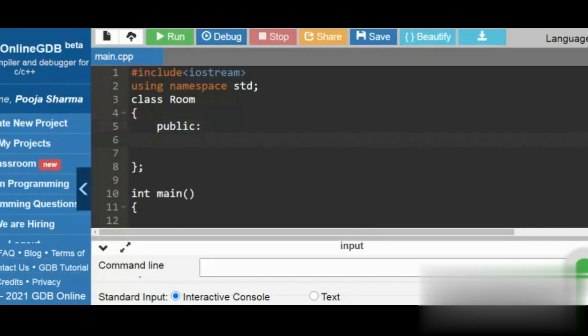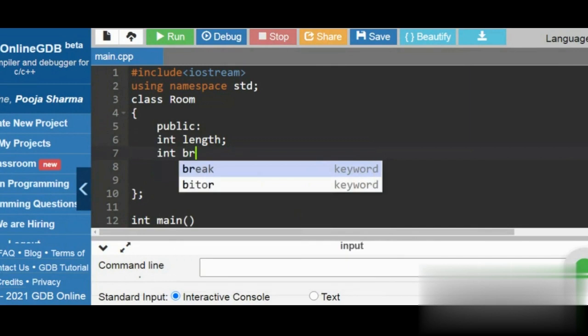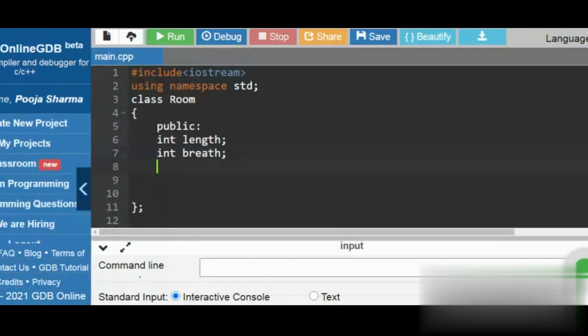We will discuss each and every access specifier in detail in this session, and after that we will discuss this public, right? So public, after this public, then you come up with integer length, right? This is a data member, then your breadth, then your height,